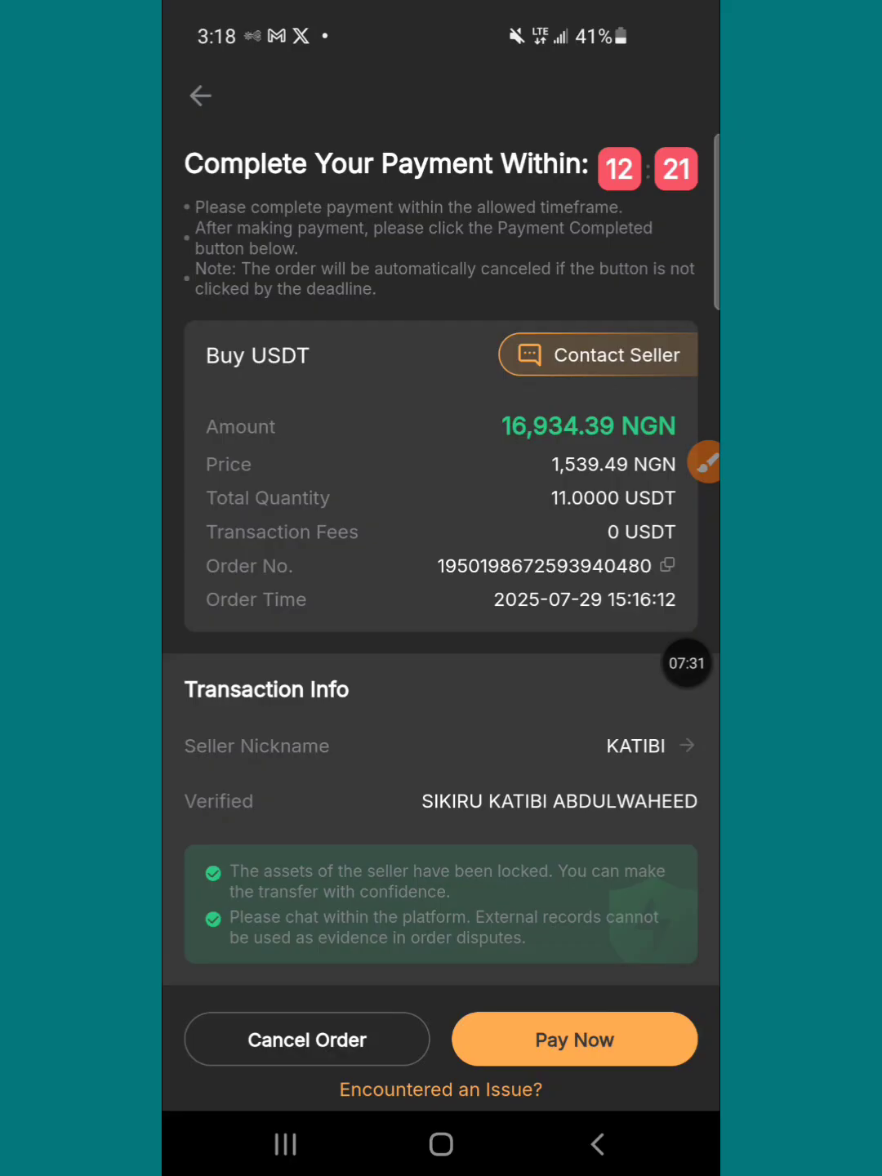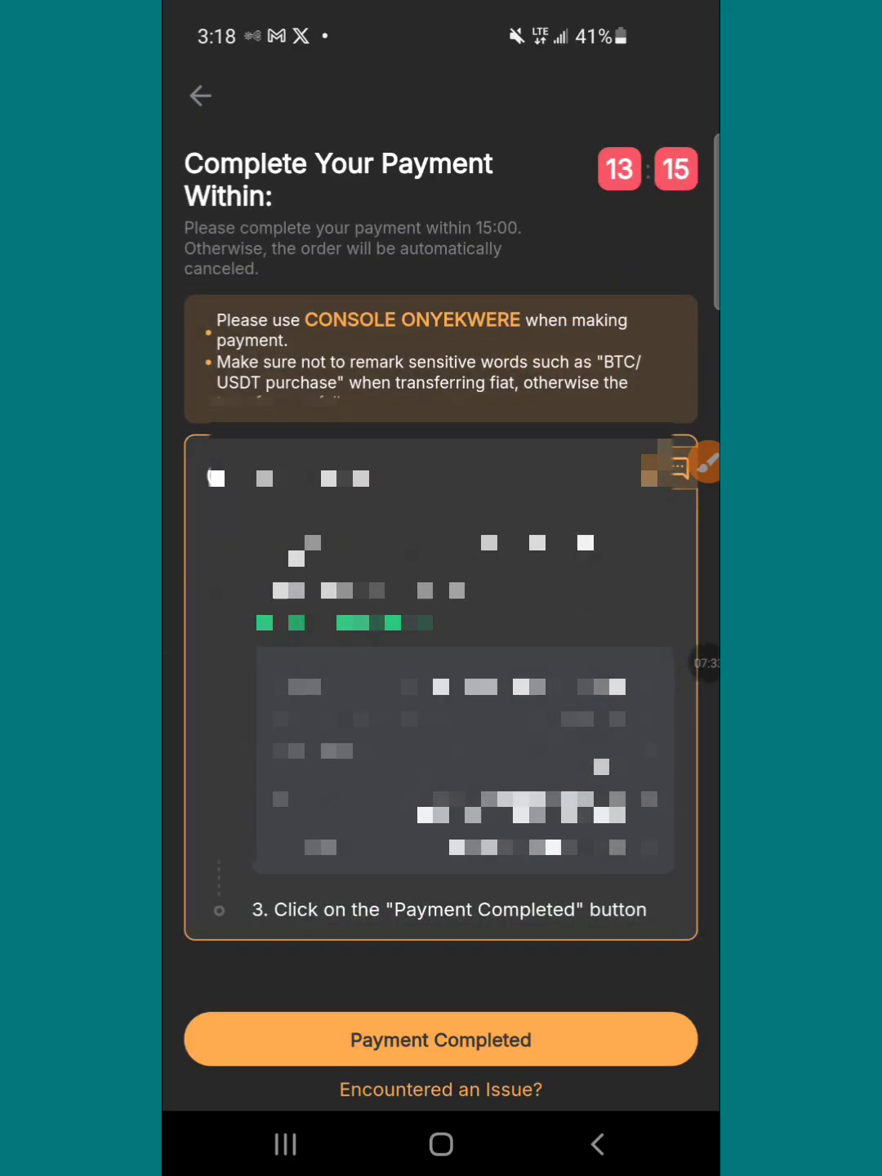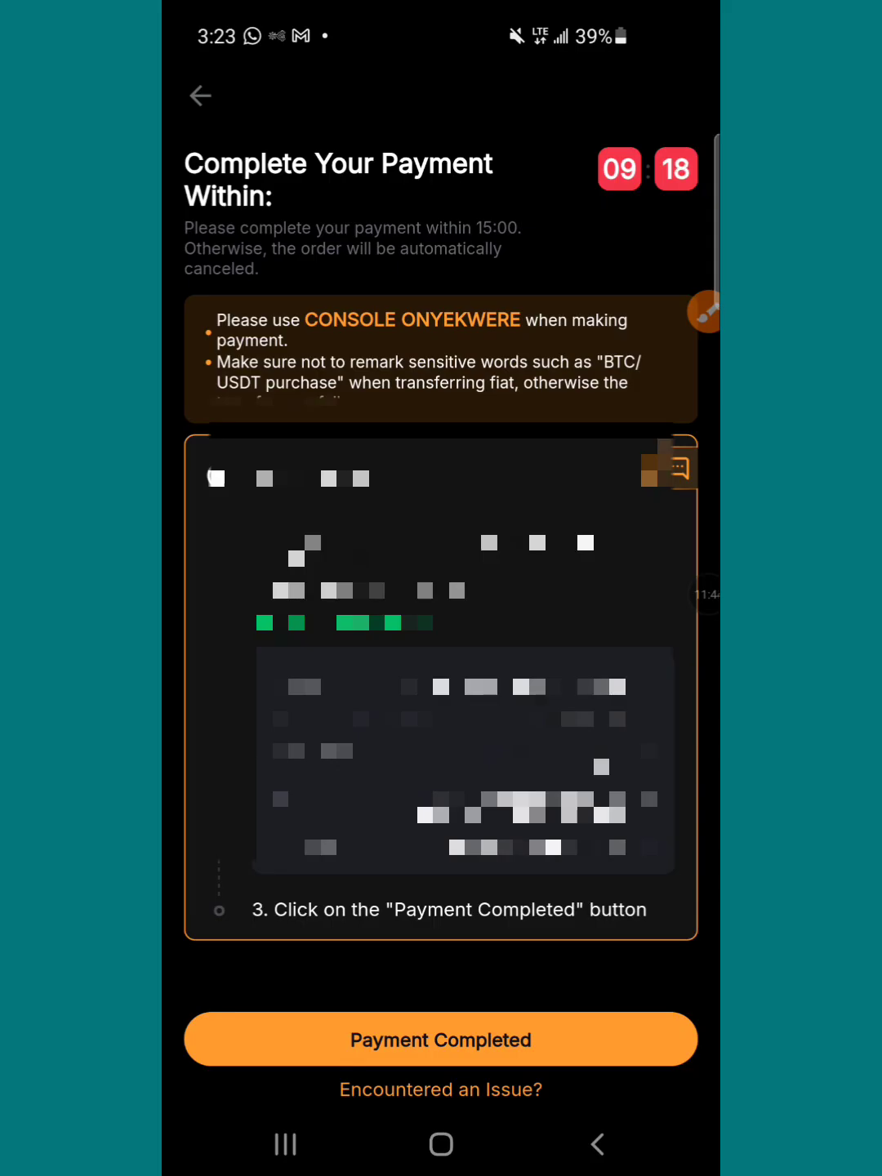So if I click on pay now, I am then going to see the details of the merchant. You can see the name, the bank account number, and then the bank name. I'm just going to copy the account number and then make sure I'm going to take note of this account name, and head over to my bank app and make this payment. So let me just do that right now. All right, so after making the payments,